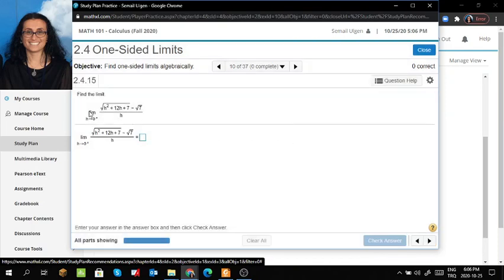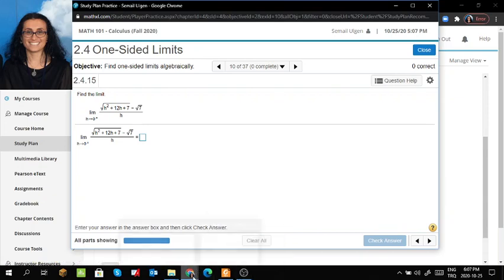Find one-sided limits. As you will see, we had done a question similar to this. What you're going to do is, if you plug in h equals 0 here, you get 0 squared plus 0 plus 7, square root of 7 minus square root of 7, which is 0. You get 0 over 0. So what you would do is you would want to multiply with the conjugate of this. If you multiply with the conjugate, let's see,